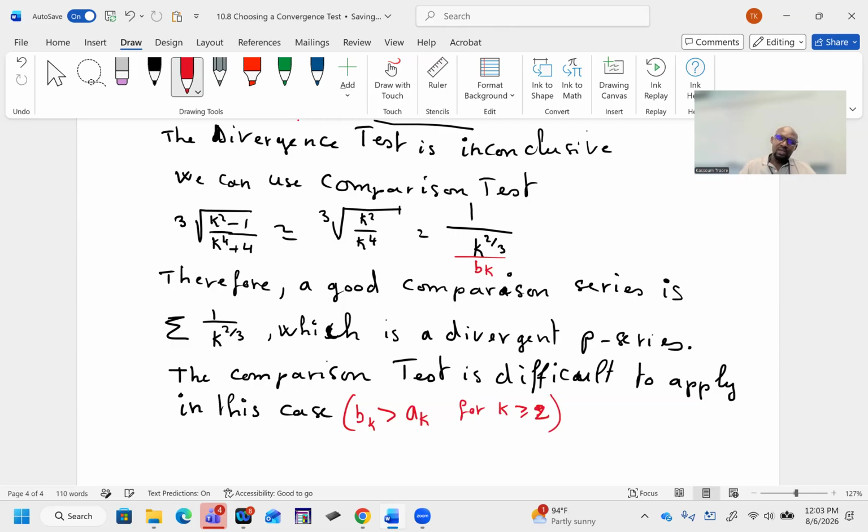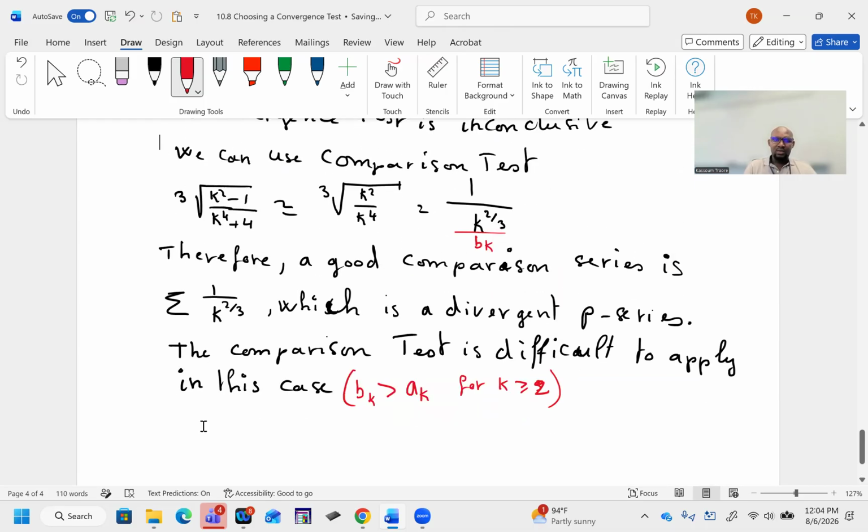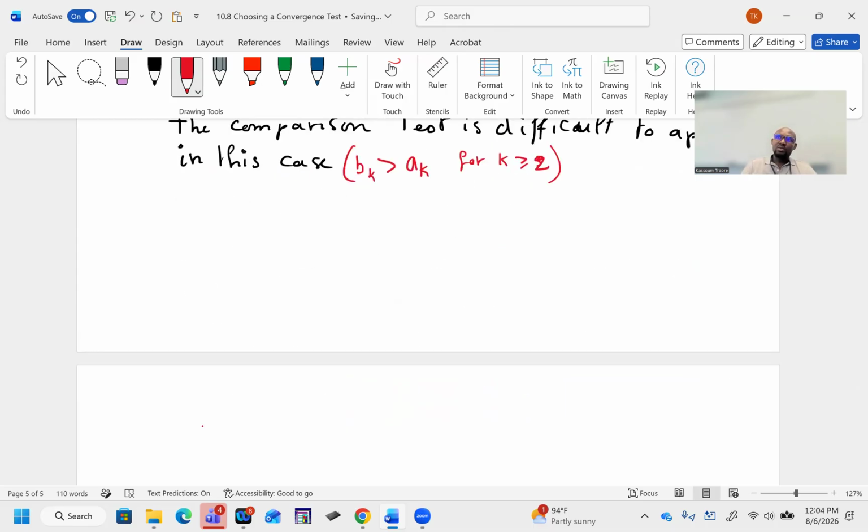You can check. So we cannot use the comparison test. Since we cannot use the comparison test, we are left with what? The limit comparison test, right? So we are left with only the limit in this case now. So let's use